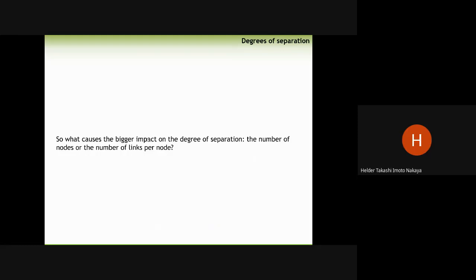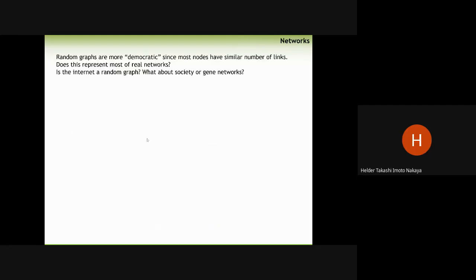Imagine what is the degree of separation when you create, for example, a network with 10 nodes and two connections per node. And then what is the degree of separation when you put 30 nodes, 3 times more nodes, but the same number of connections per node, 2 connections per node? And now you compare with 30 nodes, the same number of nodes, but 4 connections per node. So you increase the number of links per node. And then you see what is the change in the degree of separation, what increases the degree of separation the most. And that's important, because